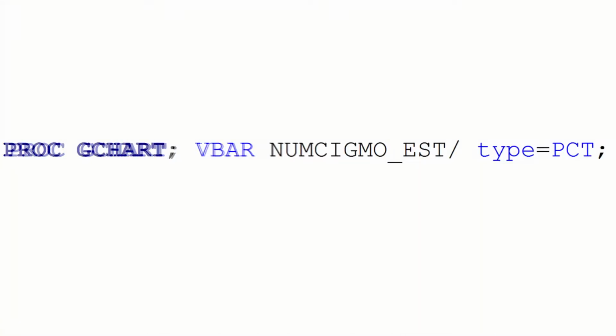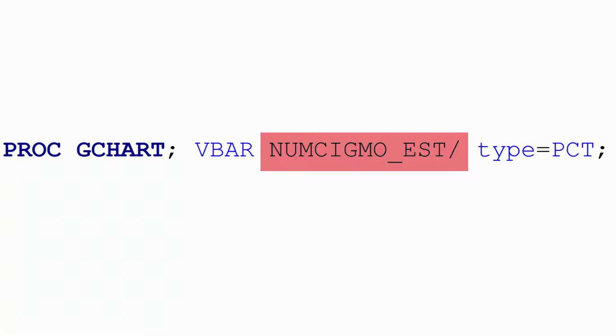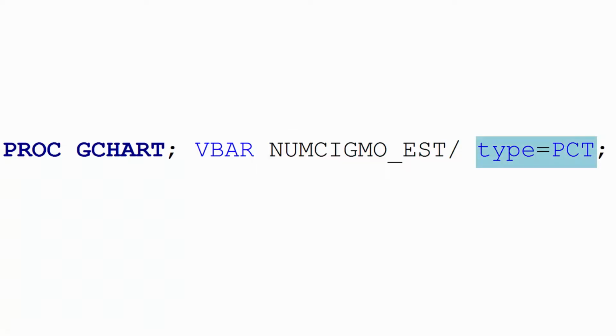To visualize a quantitative variable, you would include proc GChart; VBar quantitative variable, which in this case is NUMCIGMO_EST, / type=PCT;